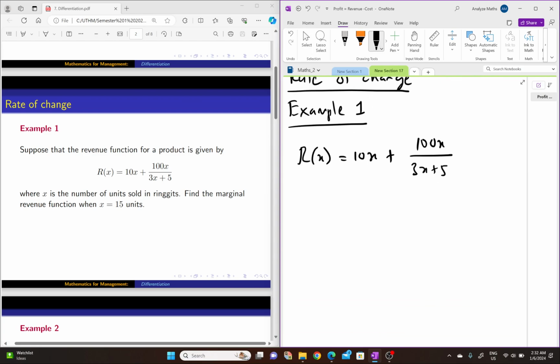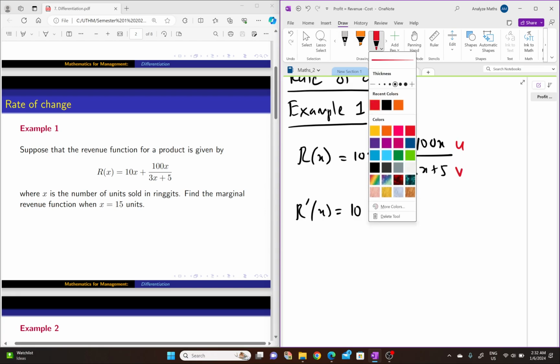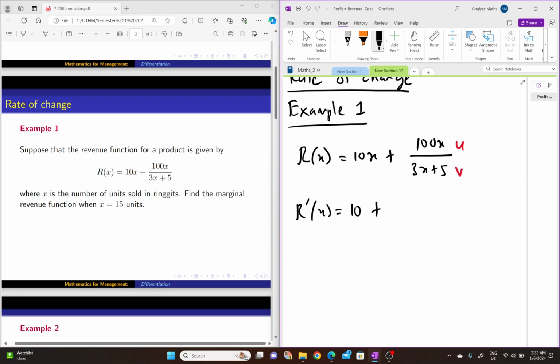When they ask for marginal revenue, take the revenue function and differentiate. You will have a 10 here, plus use quotient rule. Remember this one, quotient rule, U over V. If you use quotient rule, you differentiate U, you will get 100, copy V, minus differentiate V, you get 3, copy U,